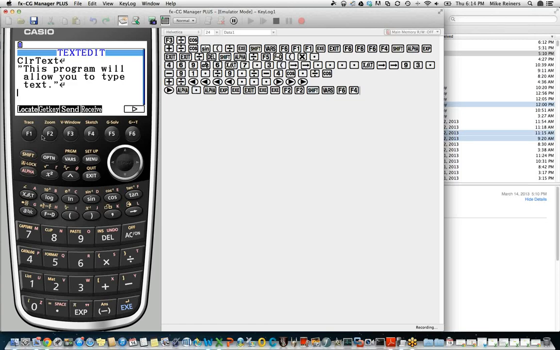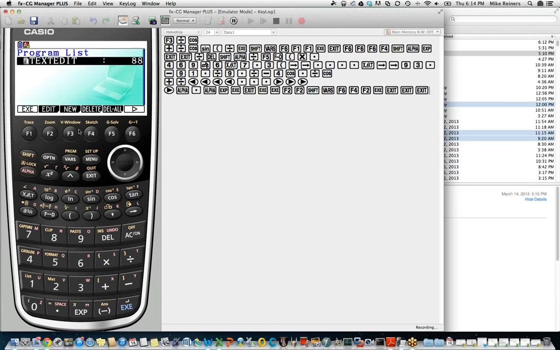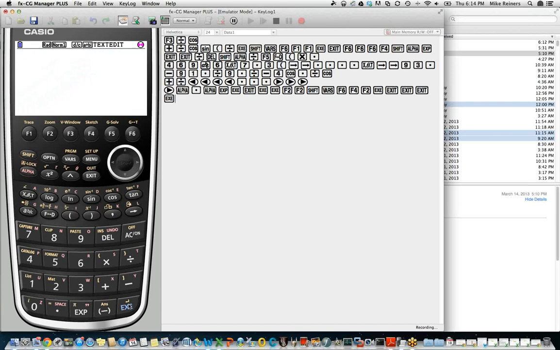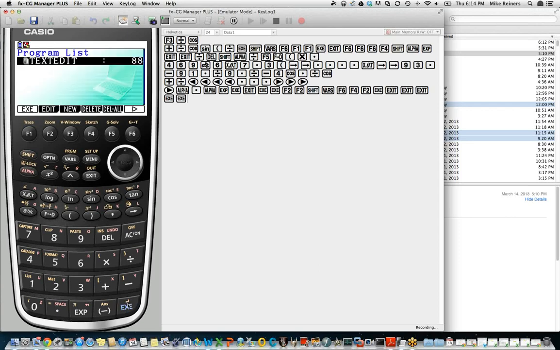So press F2 for GetKey. And let's press execute. Let's see just what typing GetKey does in our program. Let's experiment with it a little bit. Press exit a couple of times until we're back to our program list. Press execute to run the program. And then you see a 0. Now, why would the calculator output a 0? It doesn't seem like it even gave us a chance to type a key.